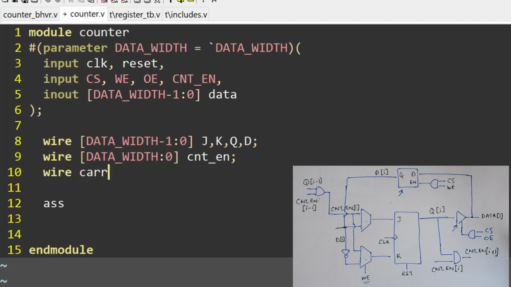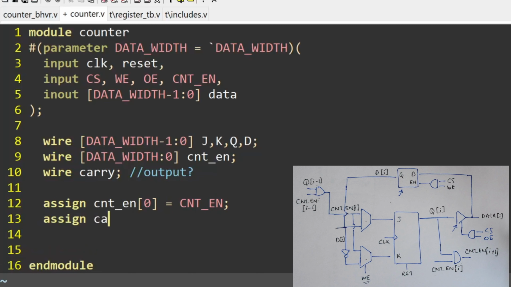The counter can generate a carry, but I don't think I will need it for now, so I'll just let it be here. The count n for the first stage comes from the input count n signal, and the MSB is the carry.